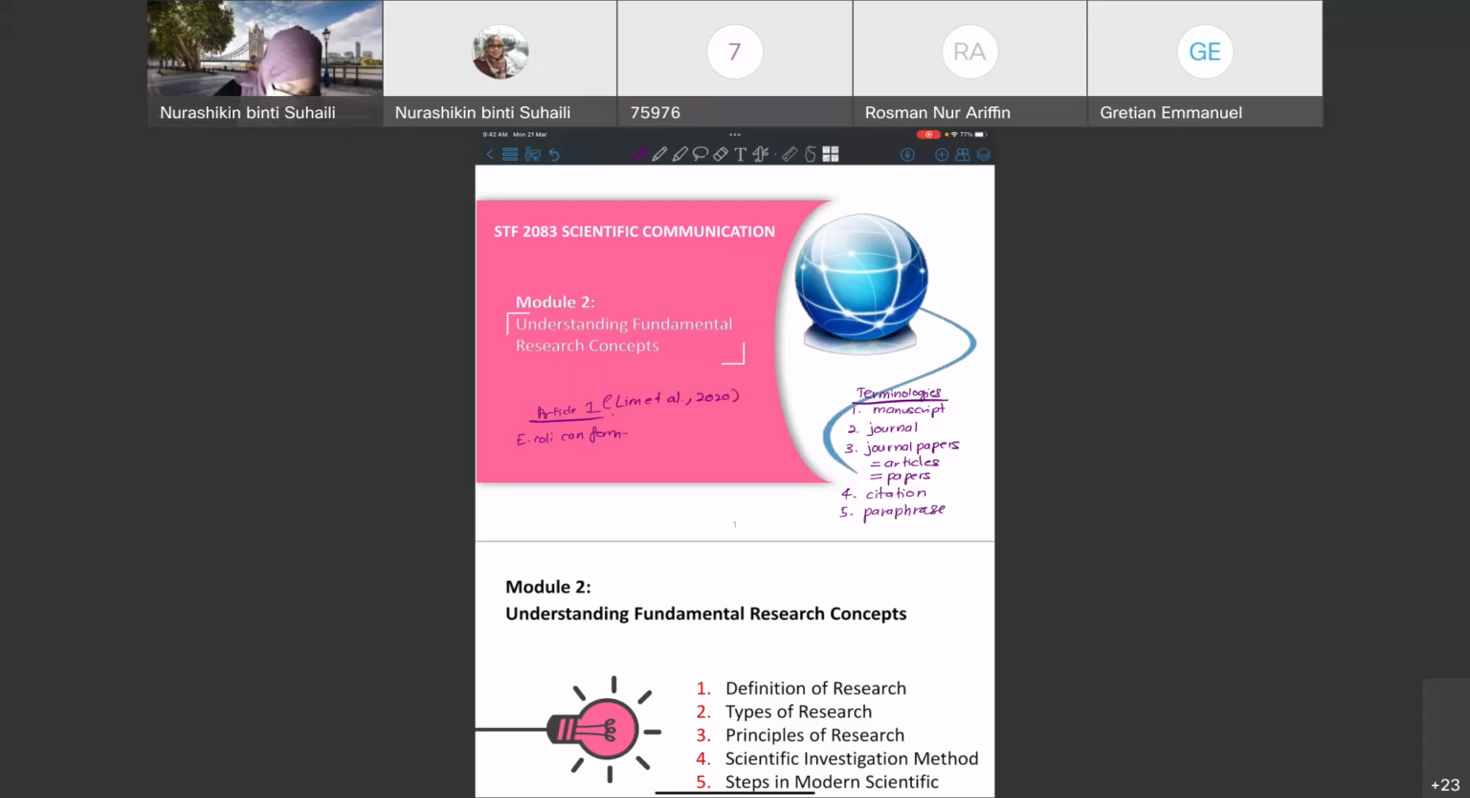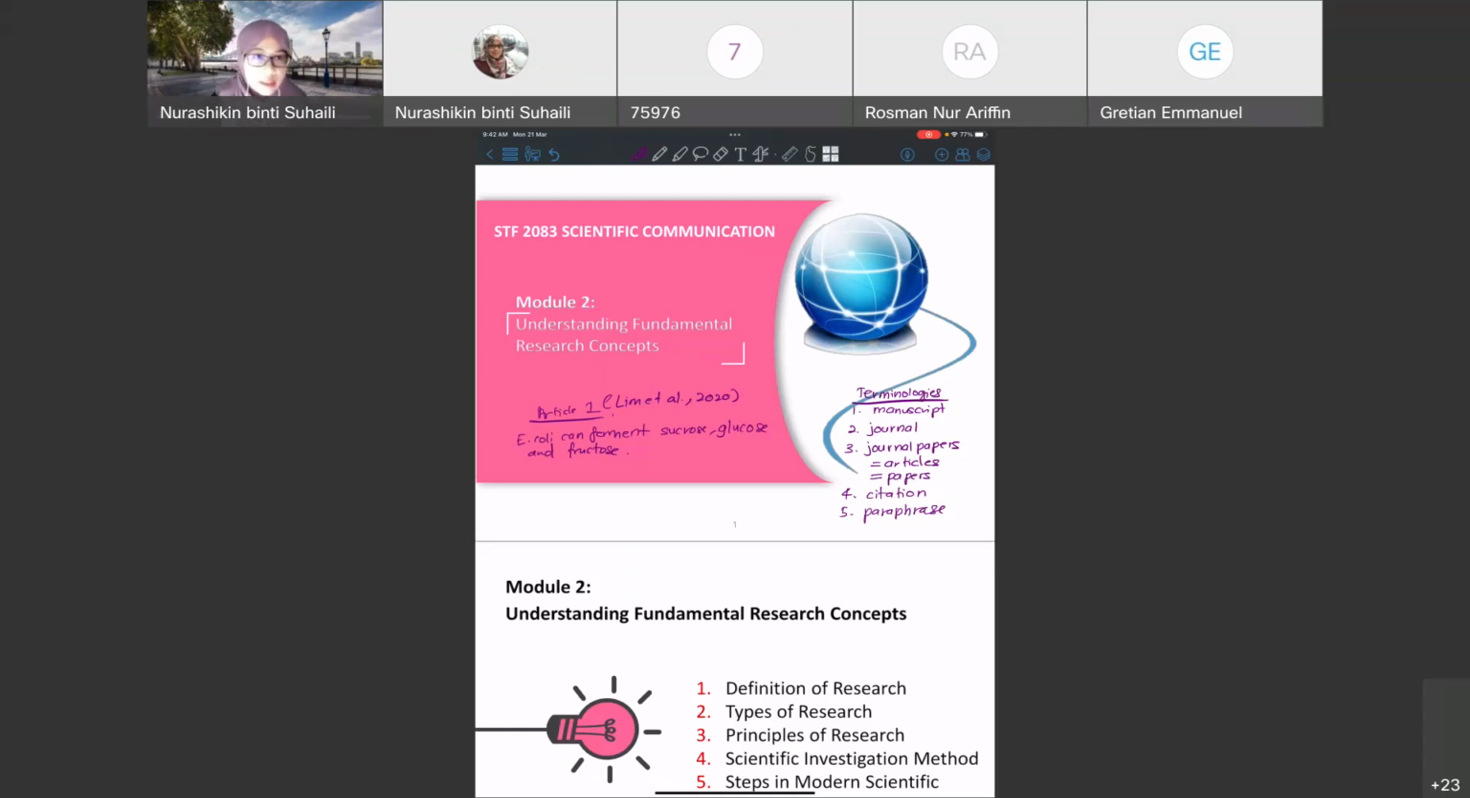E. coli can ferment sucrose, glucose, and fructose. Okay, so let's say this is what is written by Lim et al. You read an article, you come across this sentence. So if you want to use this, you want to include this fact and put it in your research proposal or your writing, you cannot